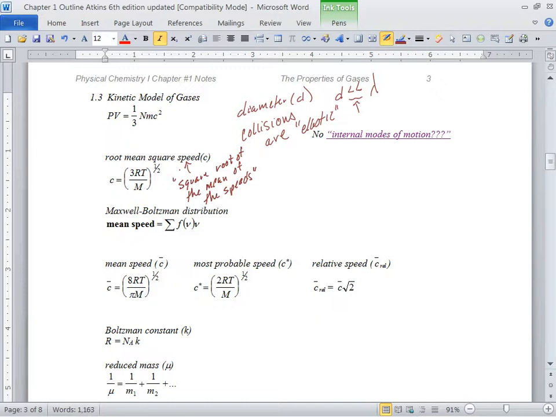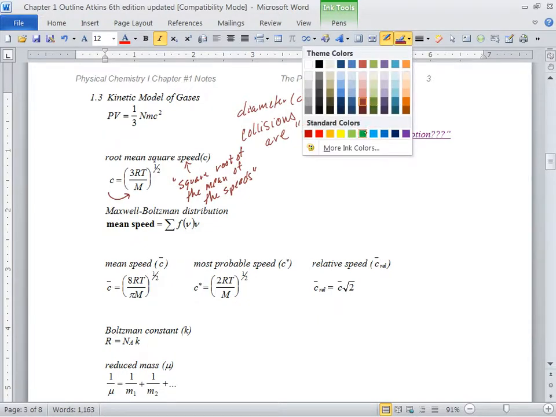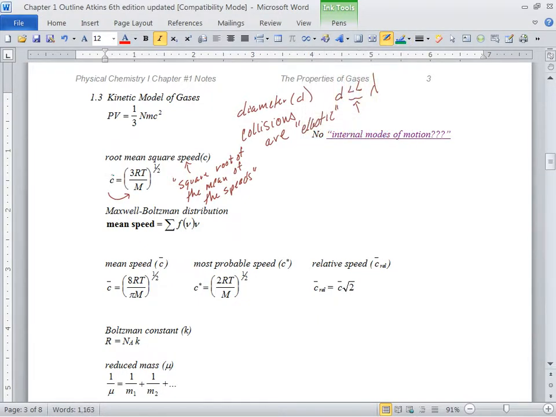Okay. Here's an equation for it. So if it's a speed, Gloriana, what should be the units for this root mean square speed with symbol c? What units should it be? And again, stick in the standard metric unit system. It should be meters per second. Okay.